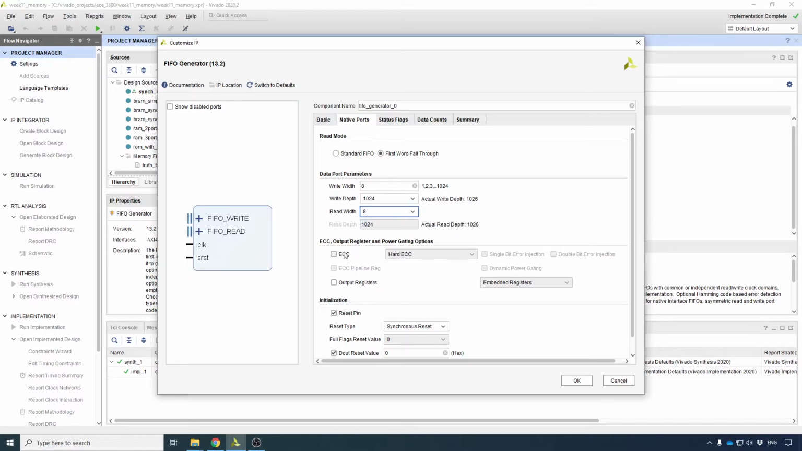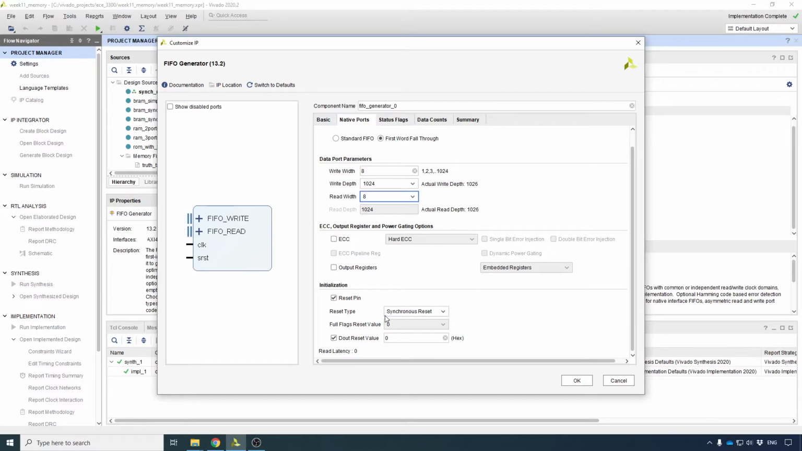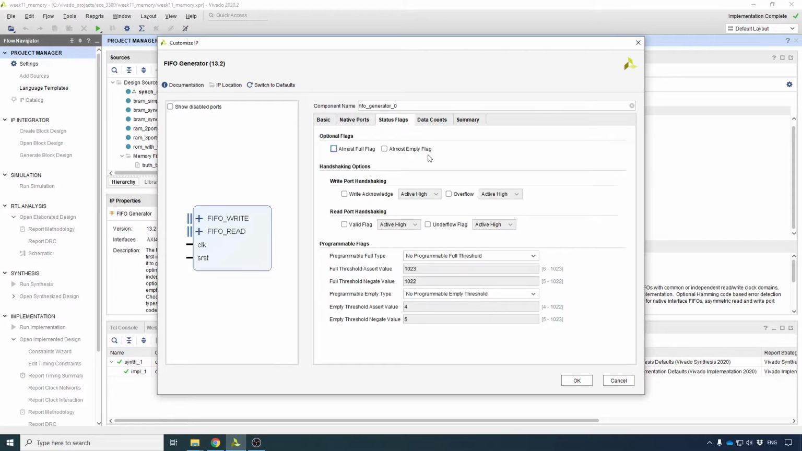All right, and now if you have any error correction and you know anything about error correction, you play around with these. If you want to initialize it, for example, for a reset pin or whatnot, you can deal with that. Status flags are important because with FIFOs you don't only read and write into a FIFO, you also want to know whether it's